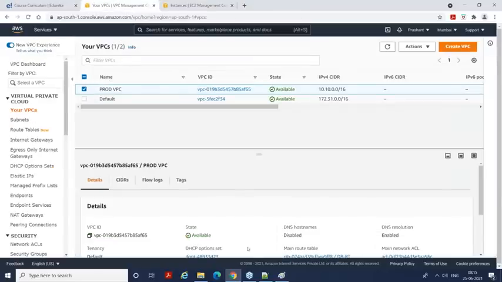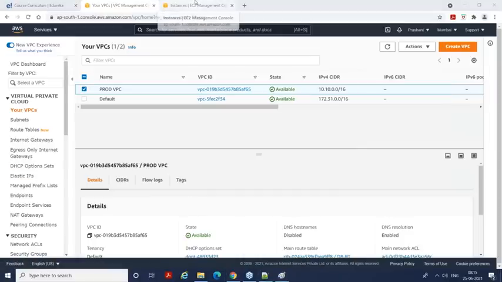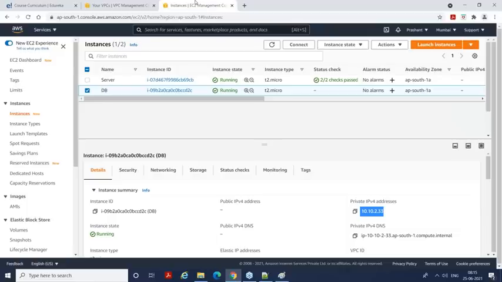So right now when we created these route tables, we created this server. Does your server know if it has to go to internet, where should it forward the traffic? Does your server machine know that if it has to go to internet, where should it send that traffic towards? Yes or no? Obviously no,